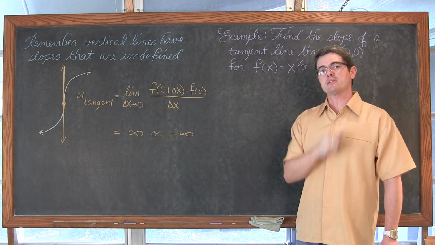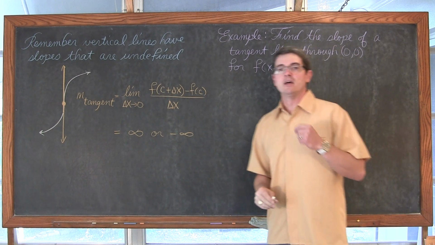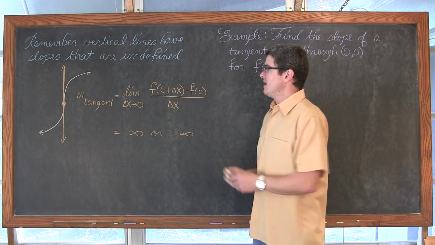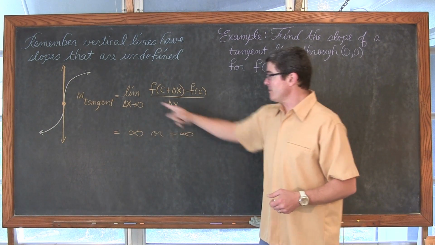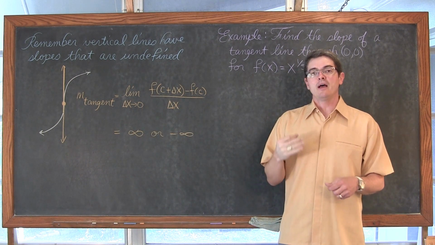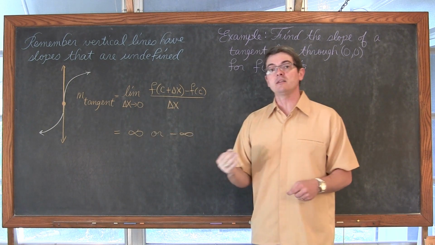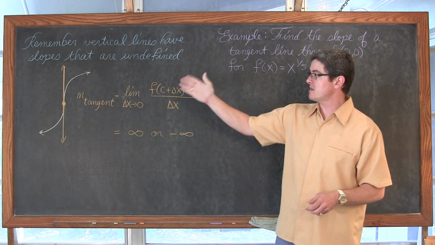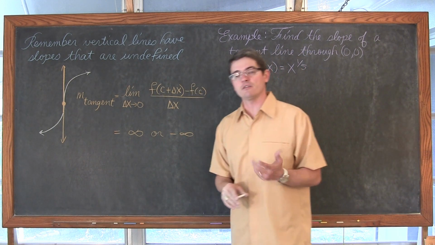So thus, that's why the last section of the previous chapter was about infinite limits. We're going to say the limit really doesn't exist. We might say that it's infinity or negative infinity, but by stating that, we're actually stating that the real limit doesn't exist. Thus, the slope of our tangent line is undefined.